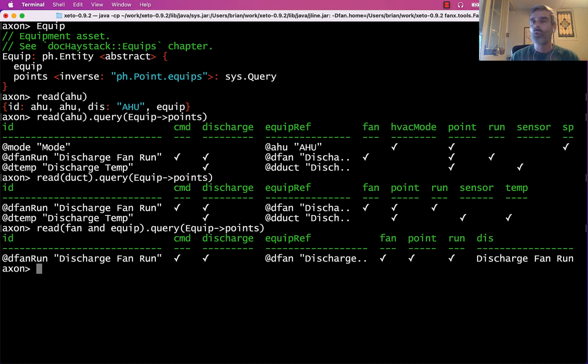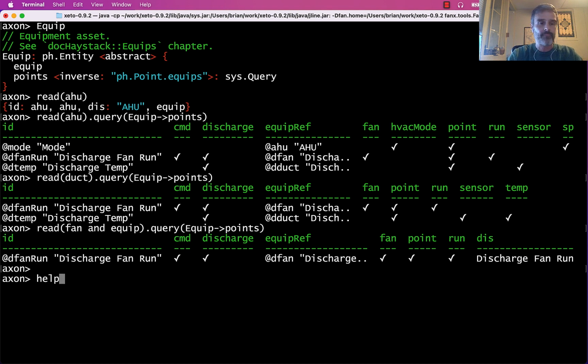The query model is just a way to have these named anchors to create these sorts of relationship traversals. What's cool about this is you can create your own named queries for whatever you want, using whatever references you have in your data model for traversing relationships. We're going to look at how this is used in the equipment templates in another video. But for now, this is just a way to play around with the query functionality, once again using the